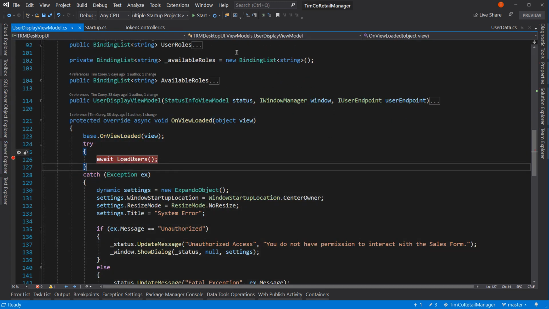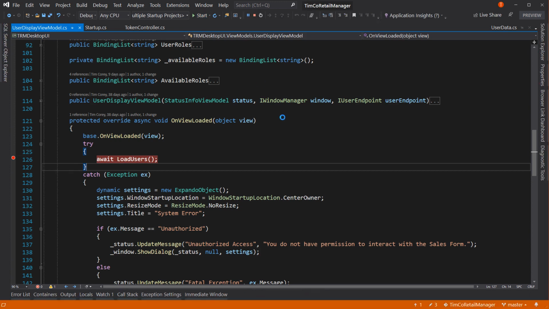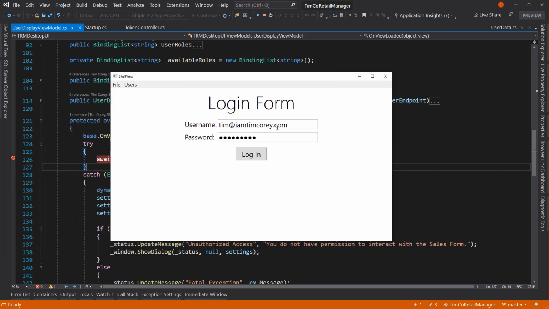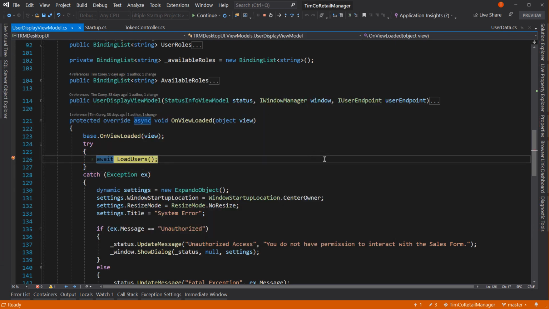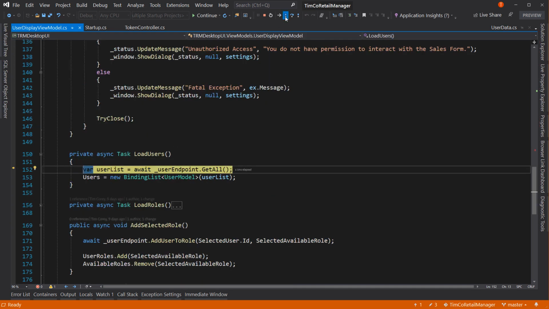So let's put a breakpoint there. And now we're going to log in. We're going to users. So it gets to this point, and we step through here,